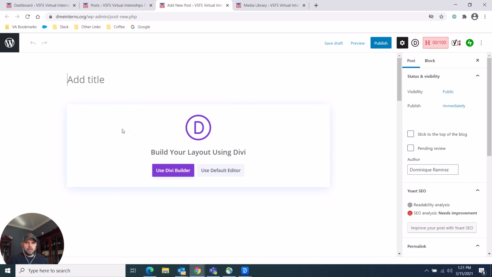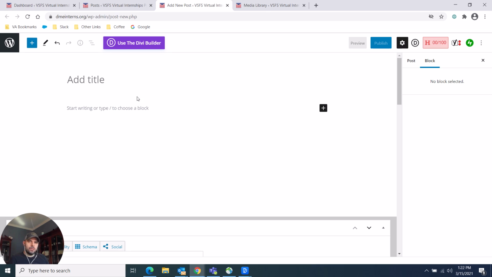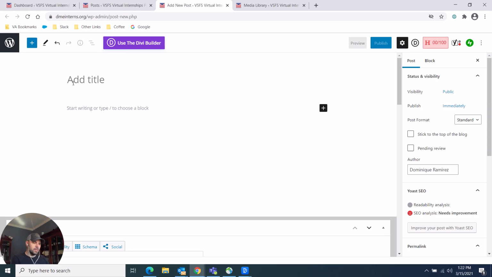Now, we have two options here. It says use Divi Builder and use default editor. I prefer to use the default editor. The default editor is called Gutenberg, and it's really easy. I don't see a need to use the Divi Builder for a blog post. If you were trying to do something fancy, I guess maybe you could try it, but it's really not that necessary, to be honest. So I usually click use the default editor, and I'm going to give this a title: